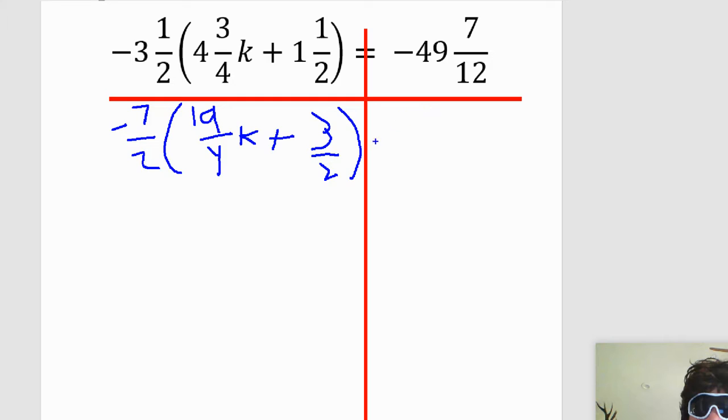And now the hard one. Definitely don't use a calculator. I just use my brainulator, and it's going to be negative 500. Carry the 1, move the 3, 95 twelfths. All right. Next step, we're going to distribute. So that means we're going to do negative 7 halves times 19 fourths, and negative 7 halves times 3 halves. So that's going to give us